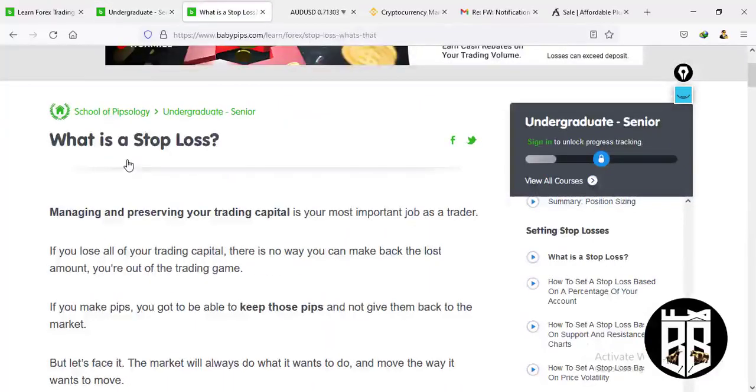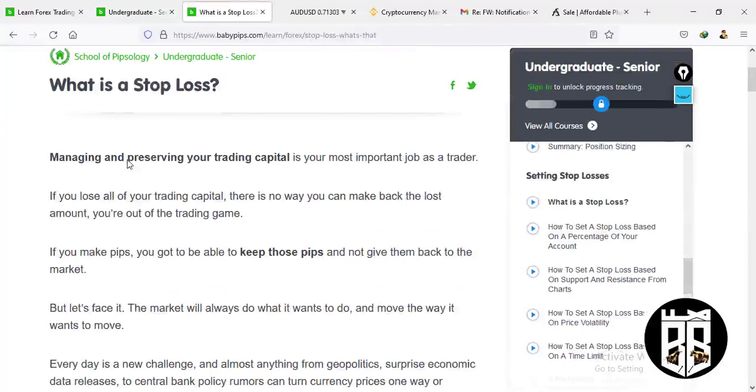So here we are on the very first subtopic, and it says what is a stop loss. Basically, managing and preserving your trading account or your trading capital is your most important job as a trader. It's more important than the profits you want to make. If you lose all your trading capital, there's no way you can make it back. The amount that is lost is already gone, so you are out of the trading game. So if you make pips, you have to be able to keep those pips